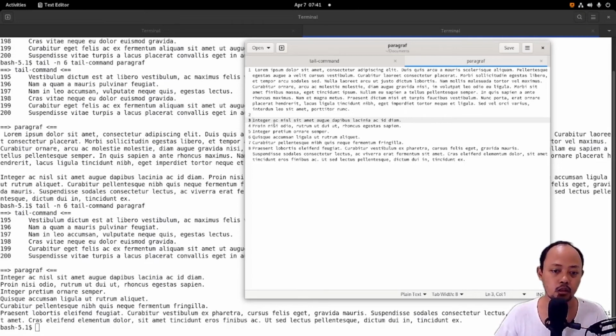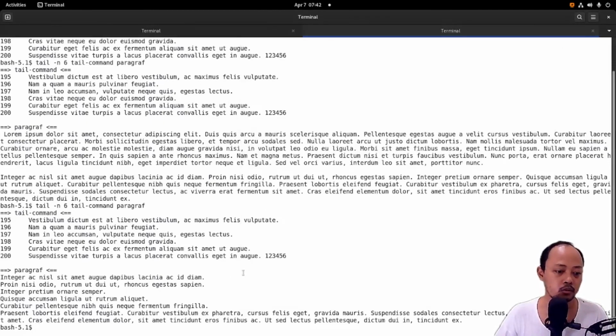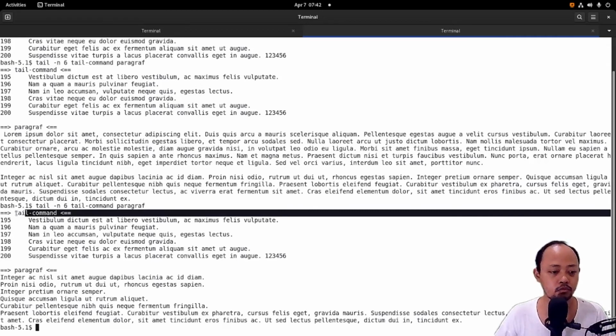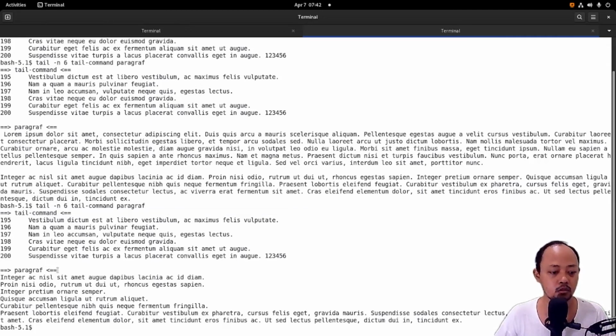This is line number 1. Okay, I see. And if we use tail to print two different files, the tail command will give a header for each file. So without the -v, the tail command will give headers automatically.